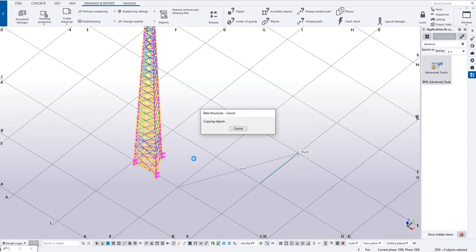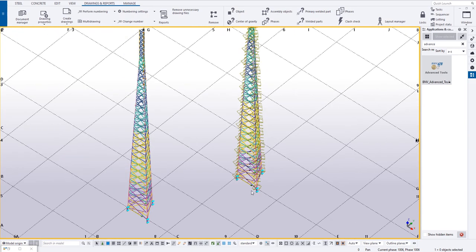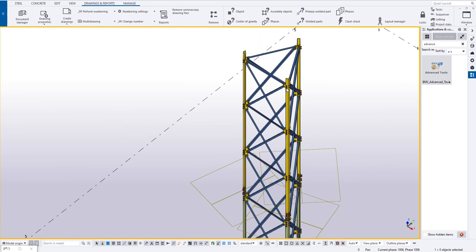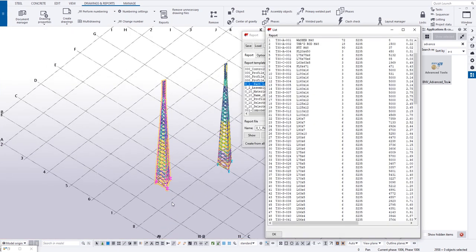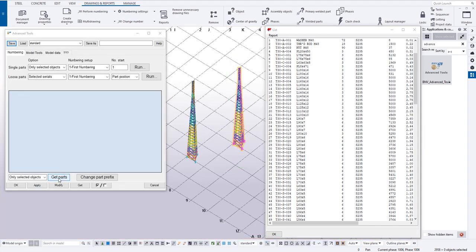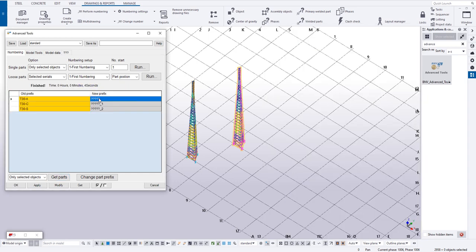Another example, you have an electric tower and copy it to another location. Yes, other structures are fully similar together, only different location. And this is tower 30, and you want to change to 31. You do the same way. You get all the backs for this tower, and you change the prefix to 31. See, and perform numbering. Yeah, that changes one by one for you.